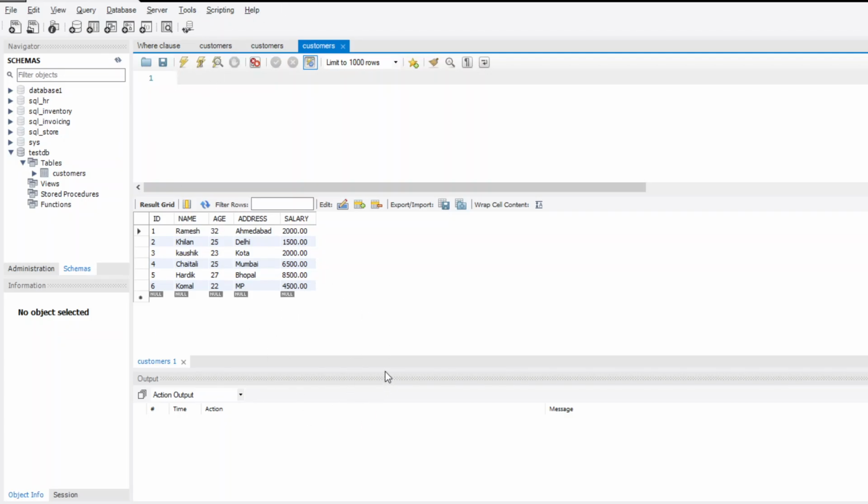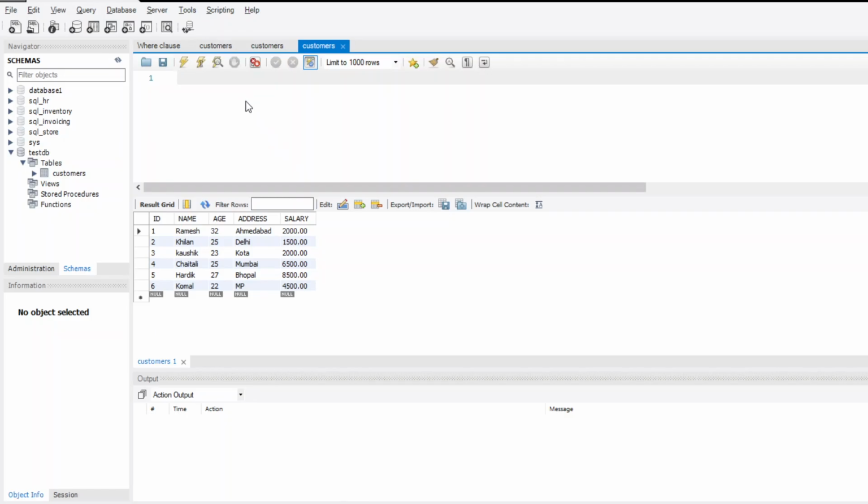As you can see on the screen, this is the customers table. So if I want to update the address for a customer whose ID number is 6 in the table. In this question, we have to use the update query to modify records in the customers table. So now I will write the query regarding this question using update statement.